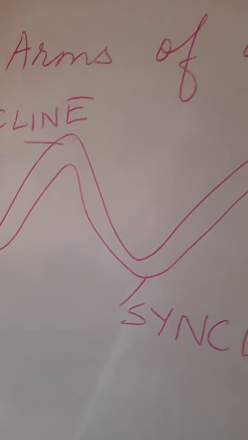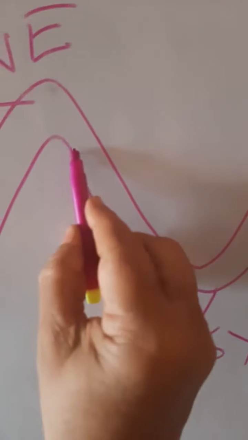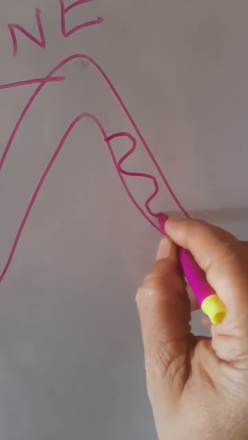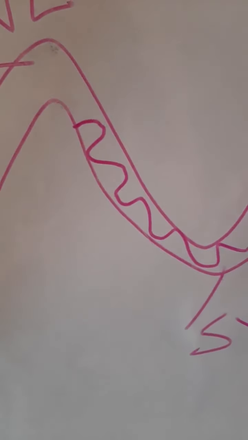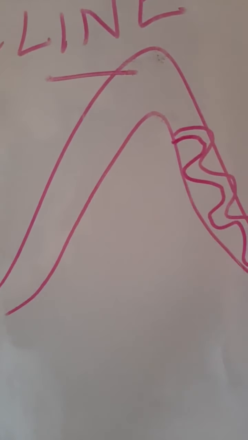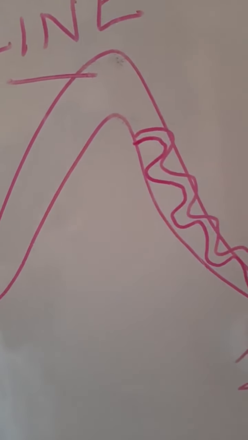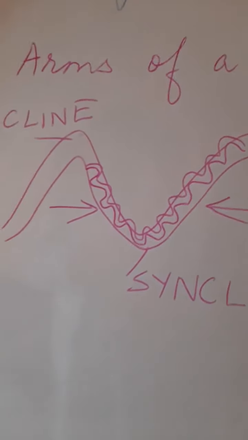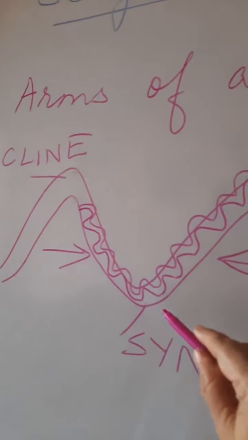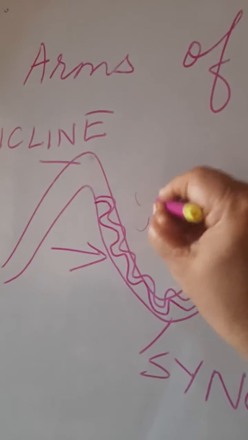Geosynclines are thick deposits of sediments. Now if you find a syncline which is having numerous small folds here, numerous small folds, now why do these folds develop here? The folds develop here due to compression, due to push from both the sides. When a syncline is occupied by numerous folds in this way, it forms a